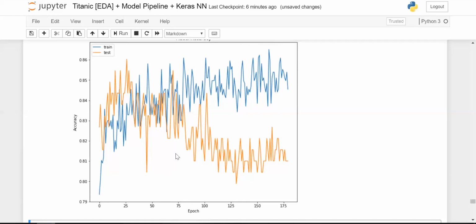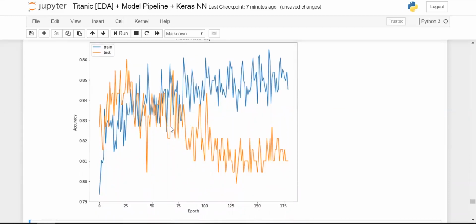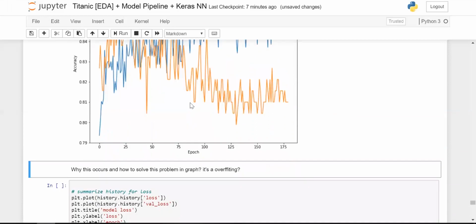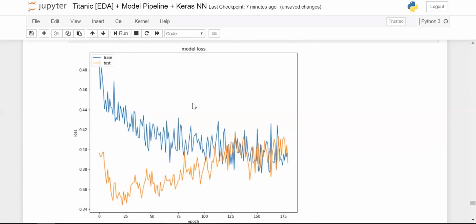You can consider this range, the model built in this iteration, as your final model for the evaluation and further steps. So here, taking the model that has been generated in this iteration will be of no use because this model has been overfit. It is clearly evident from the chart, we'll be taking this model for the further evaluation. So similarly, let us do the summarization for loss and how it looks like.